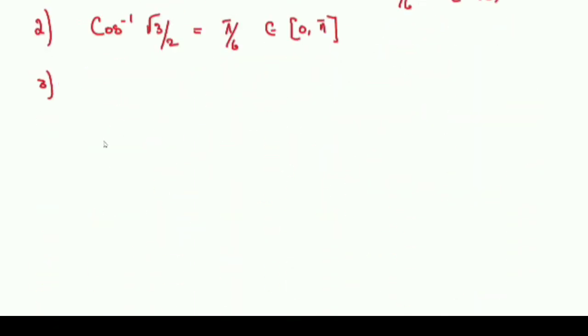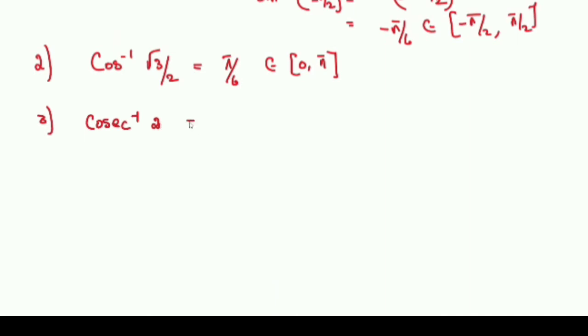Third one, cosecant inverse 2. Which angle gives you this 2? Or you can convert. If you find it difficult to remember the trigonometric values of the reciprocal functions, you have learned this property also. Cosecant inverse, you can write as sine inverse by taking the reciprocal. The reciprocal of cosecant is sine, and the reciprocal of 2 is 1 by 2. So you can easily find which angle gives you 1 by 2 in sine. That is 30, which means pi by 6. So it is pi by 6. But when you write the range, you have to check whether it is in this range.